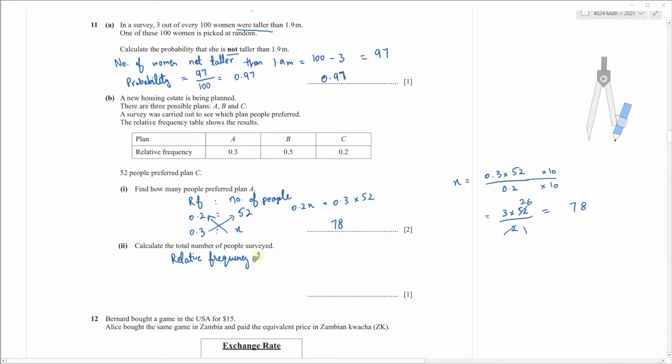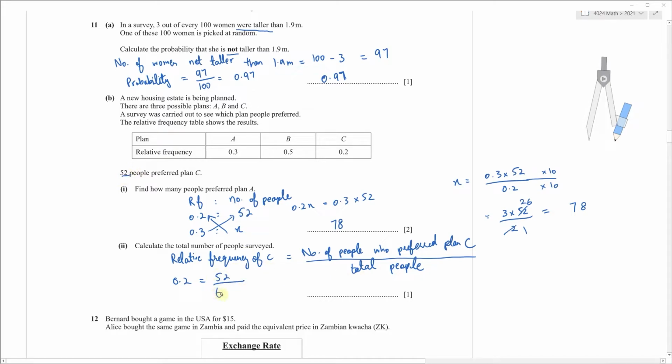So relative frequency of C will be equal to the number of people who preferred plan C divided by total people. Now if I substitute the values here, relative frequency of C is 0.2, number of people who preferred plan C is 52